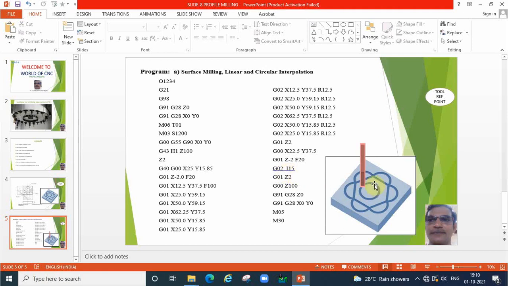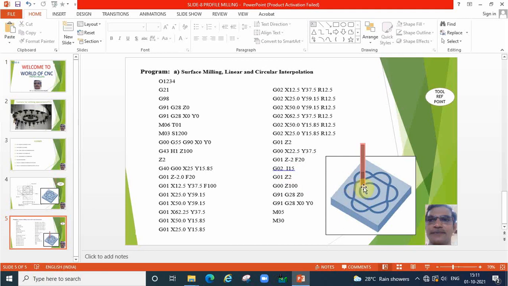Okay, suppose we are locating the cutter here, we are rotating the cutter like this. From this point to this point, if you draw a line, y value will be changing. Okay, so this is y axis. So 15 mm in y direction it is changing. How much? It is a negative value, y minus 15 will come. Or otherwise IJK we are using, J for y axis, J minus 15 will come if we keep the tool here. So here also we can keep, here also we can keep. According to the position, the value will be changing.